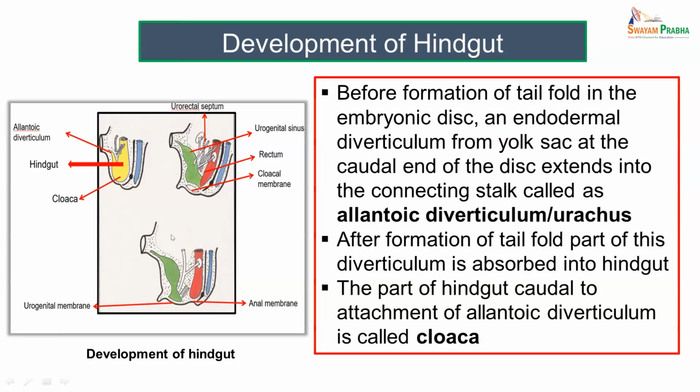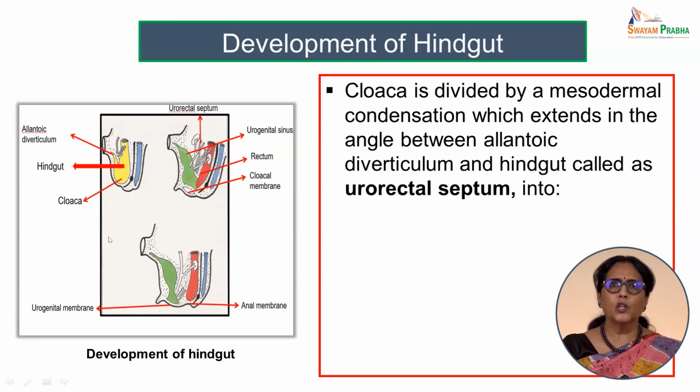The part of the hindgut which is caudal to the attachment of allantoic diverticulum, that is the terminal expanded part of gut tube, is called as the cloaca. The cloaca is divided by the mesodermal condensation which extends in the angle between allantoic diverticulum and hindgut and is